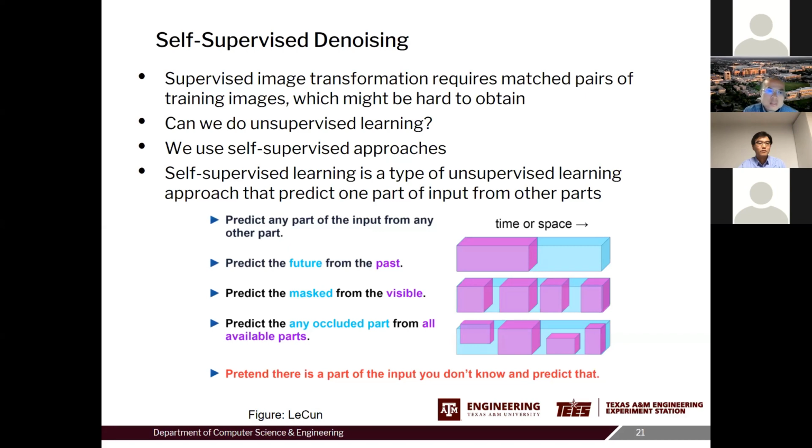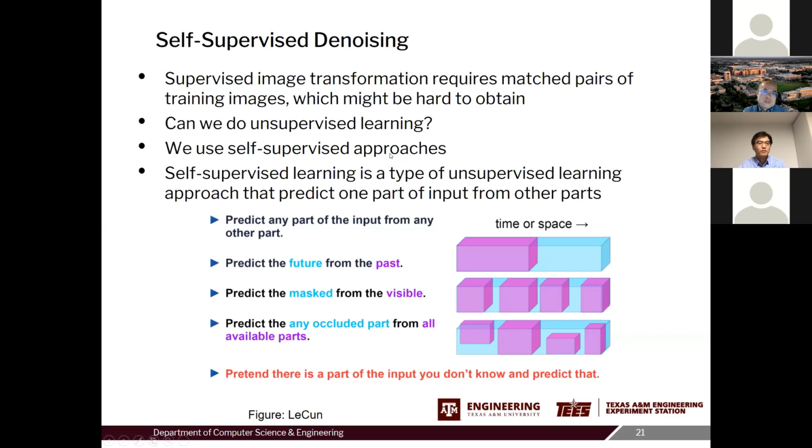The other direction that we have been working on is self-supervised denoising. Self-supervised basically means you don't need to have the matched pairs. In the case of image denoising, you only need to have the noisy images.